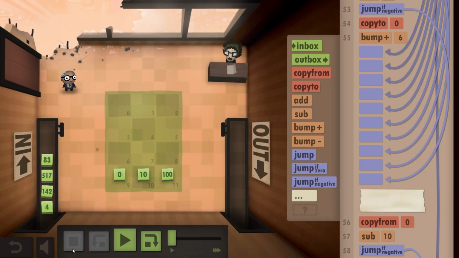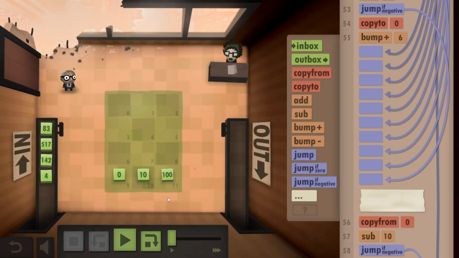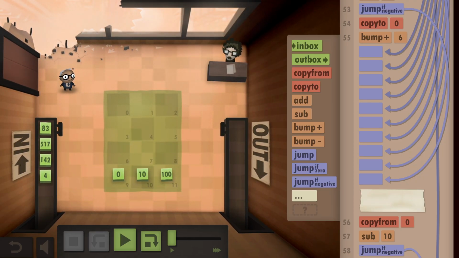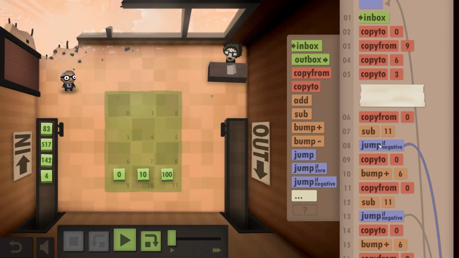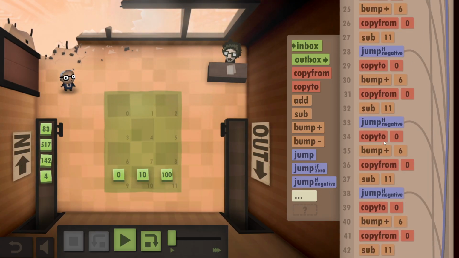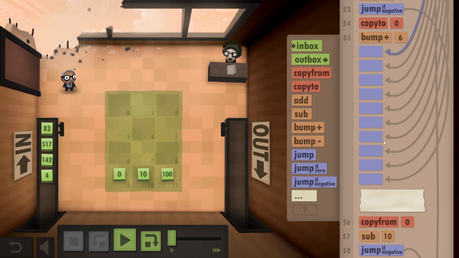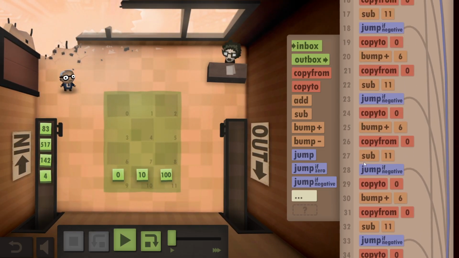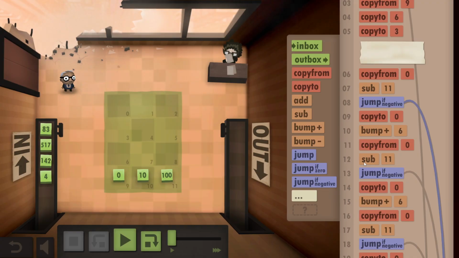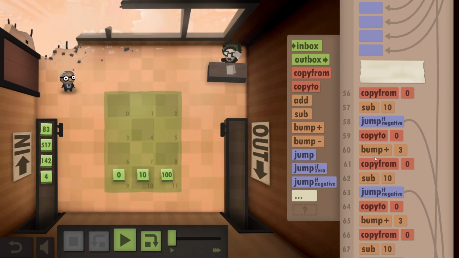Okay, that is one of the solutions. Let's see how. So basically, this jump here needs to lead to a different set. Sorry, not that set. This set. Bump 3 set. Let's call it bump 3 set.